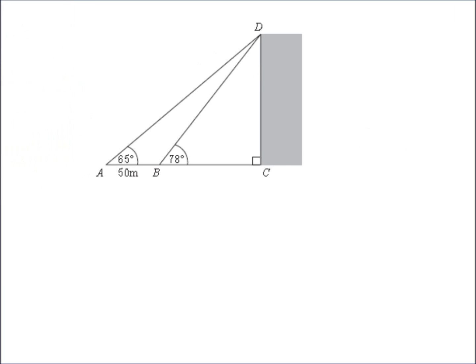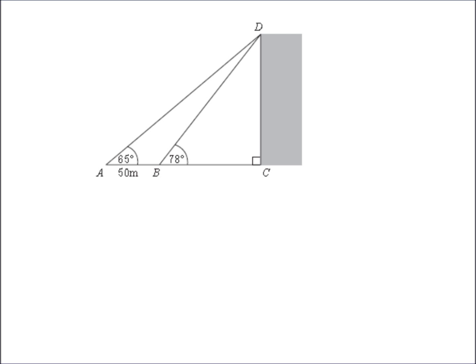Question 11. Steve is working out the height of a tall building, the vertical building CD. The building is standing on horizontal ground. Steve measures the angle of elevation of the top D of the building at two different points. The angle of elevation